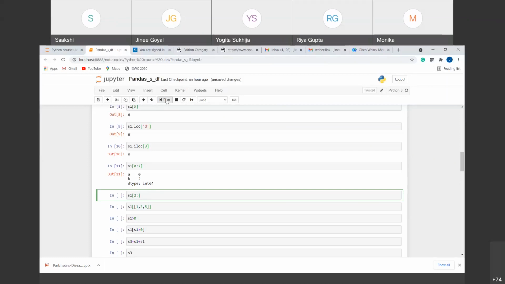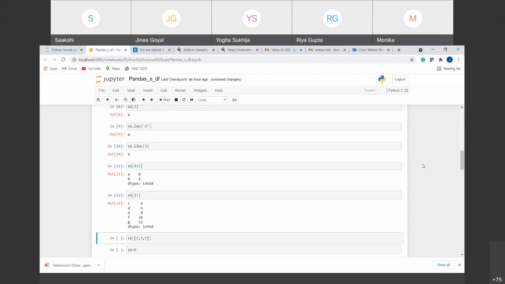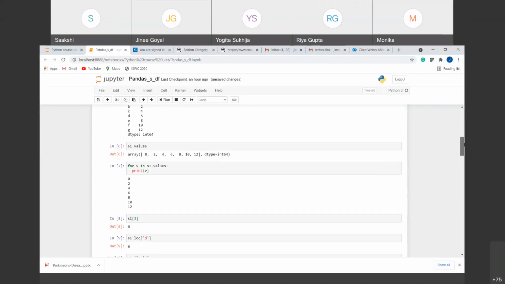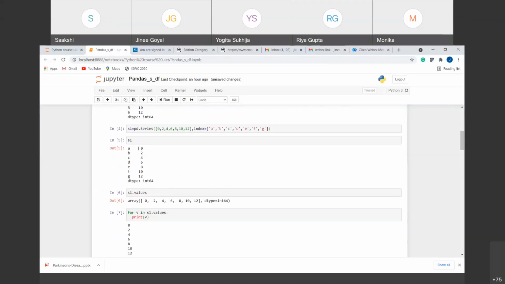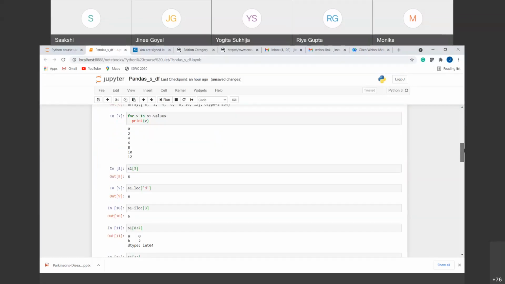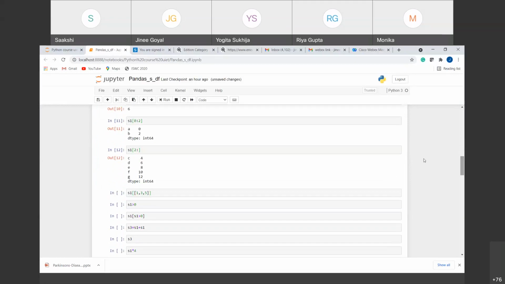So if I run this, you can see that this was our original series, 0, 1, 2. So it has started from the second index and has gone up till the end of the series, right? So this is how you can use the starting index and not need the ending index.